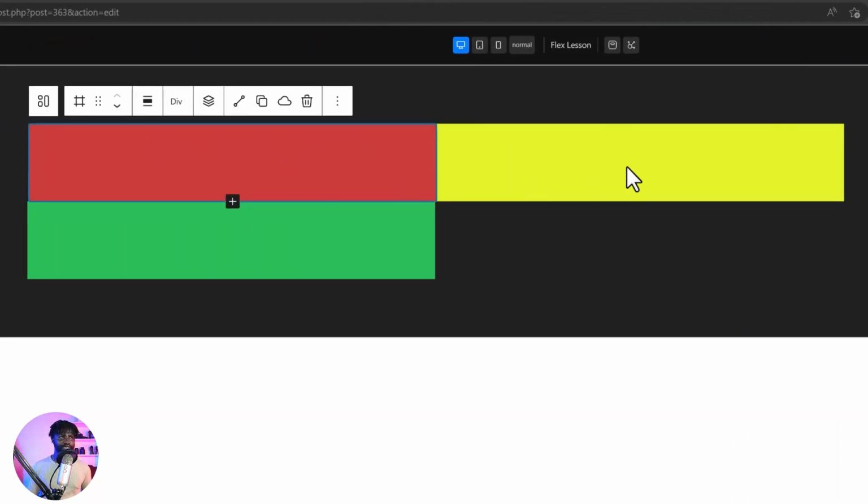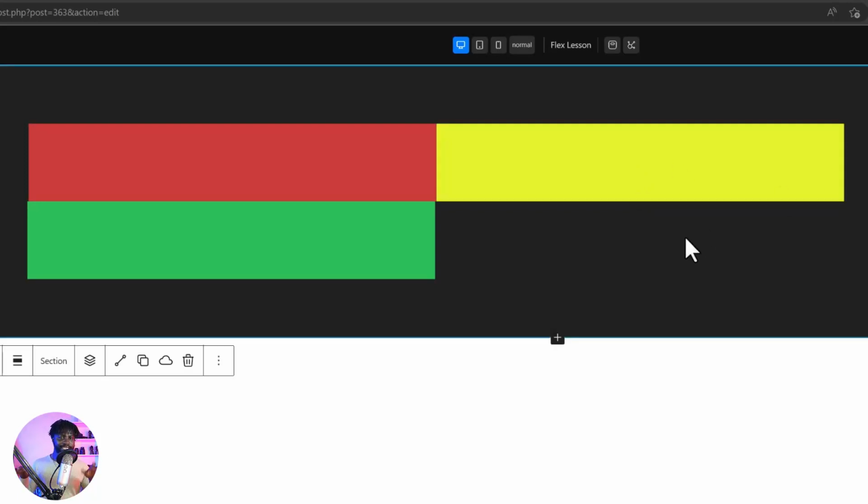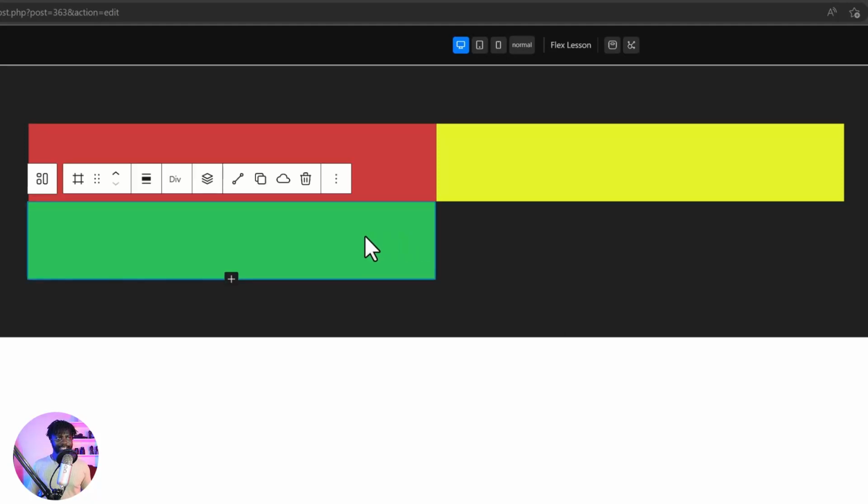So 650 plus 650 is 1300. And it looks like our section right now is less than 1300, or the space available for these divs is less than 1300. So when we chose wrap, this div came all the way to the bottom,